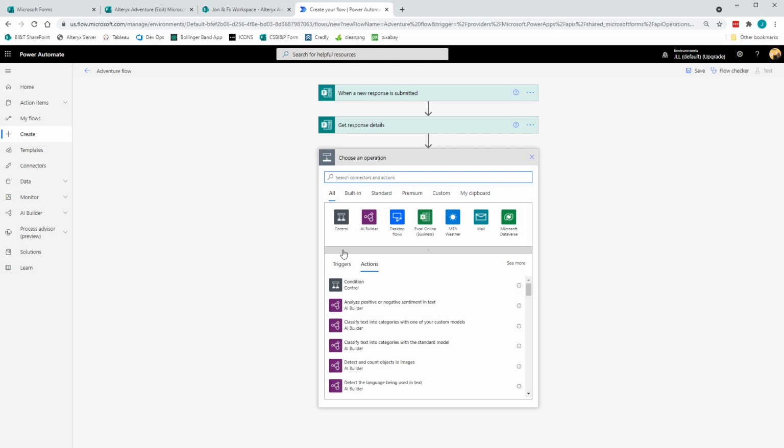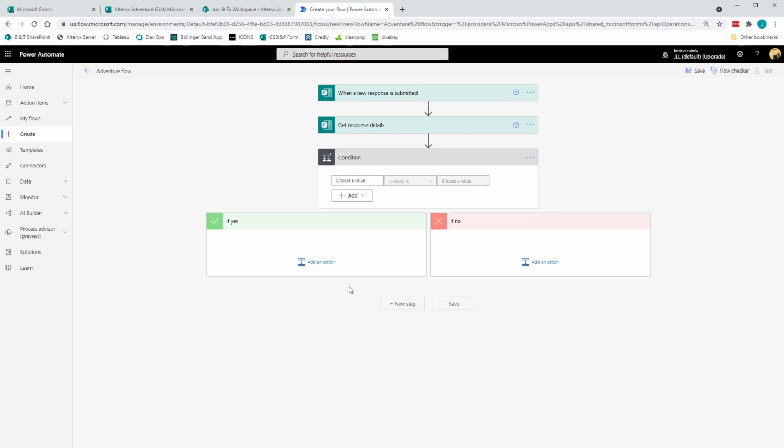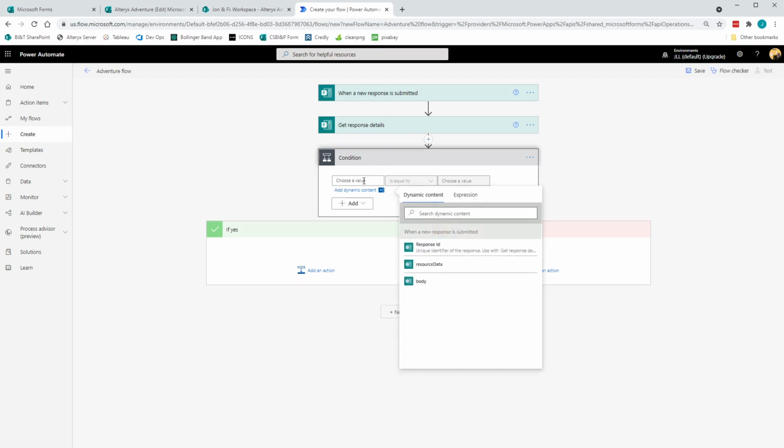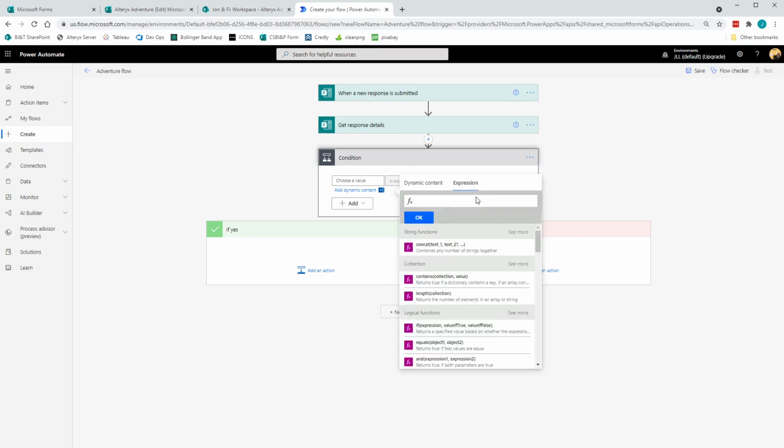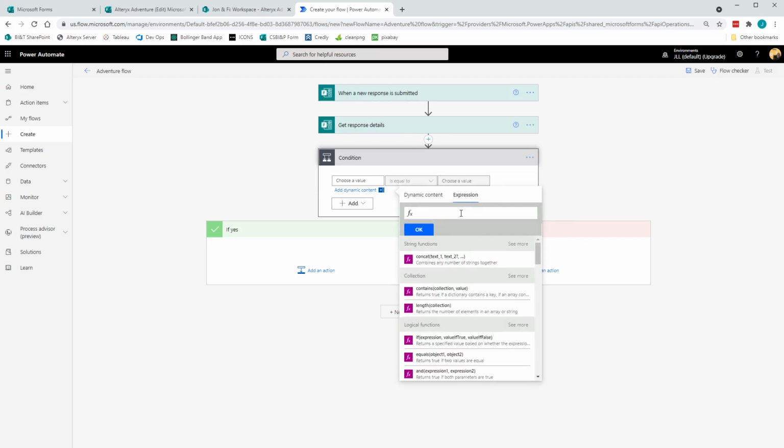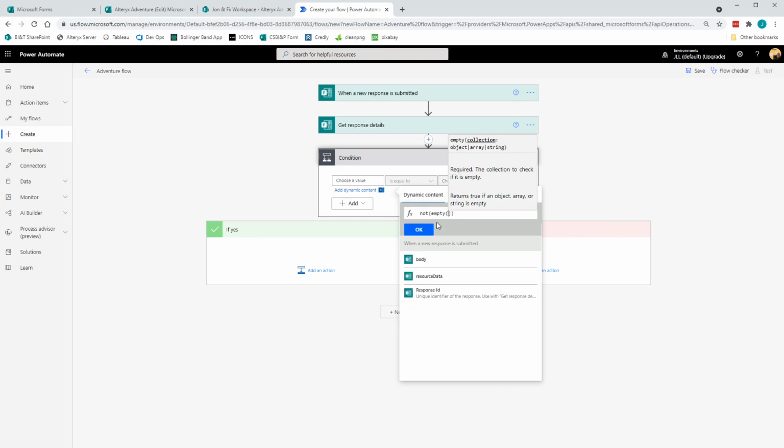So what I'm going to do here is put in a condition tool. So I can just select condition. And now I want to test whether or not that SharePoint screenshot URL field or question is populated or not. The easiest way for me to do that is with an expression, and the expression will be not empty, if I could spell empty, and then in the dynamic content, if we click on there,